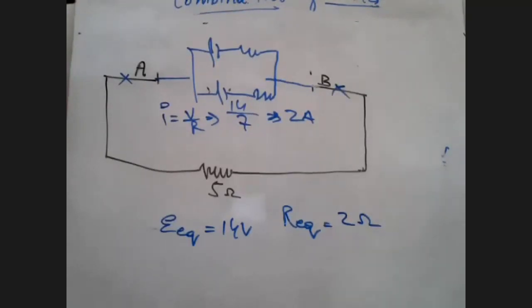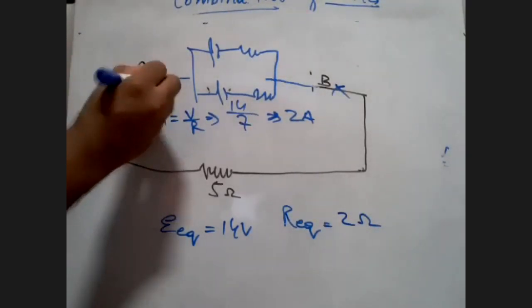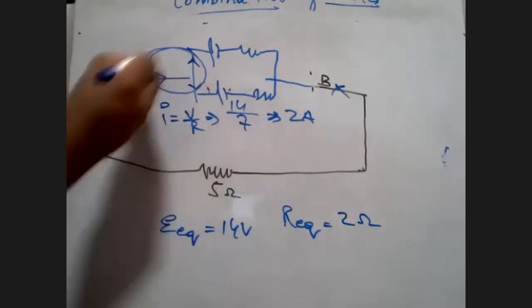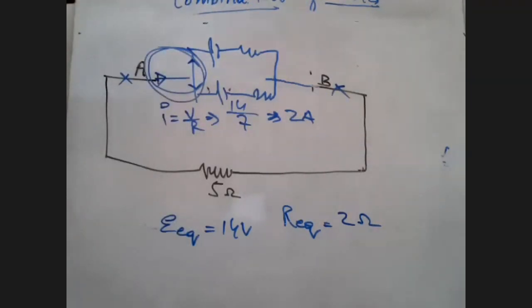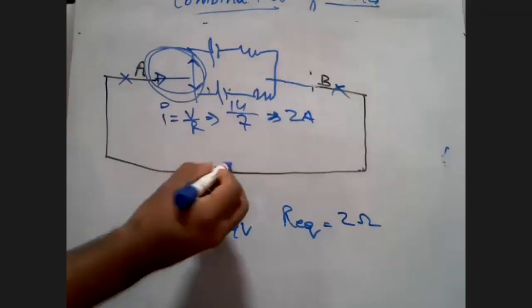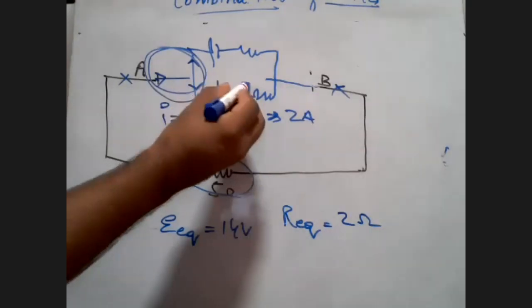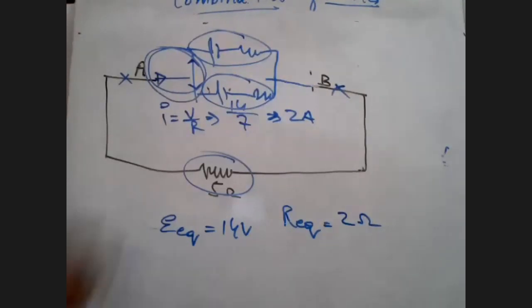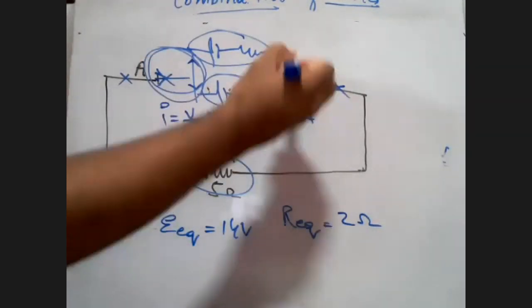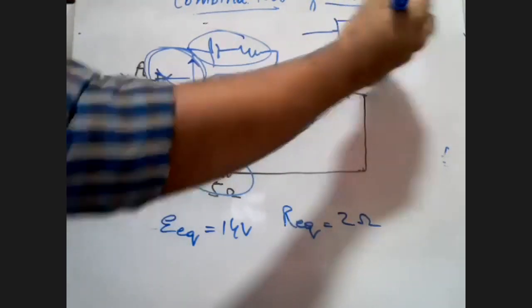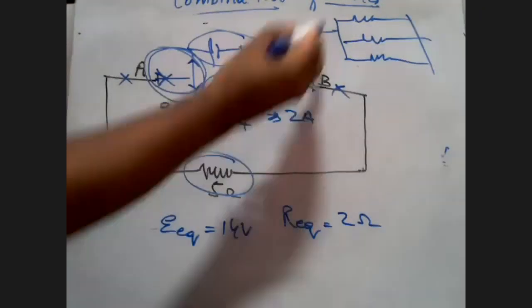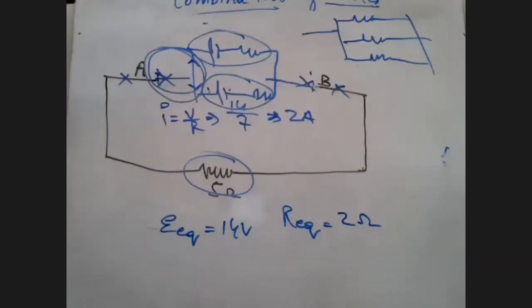Yes or no? If you don't agree with me, the current which is passing here has to be distributed into different currents. These 3 are going to be 3 different currents, which means there are 3 different parallel combinations. So if I find out the potential across 5 ohms, can I say it is the same potential across this and the same potential across this? Yes or no? It is going to be the same potential. In parallel combination, I told you the potential is going to be the same across each resistor, and the current is going to be different.